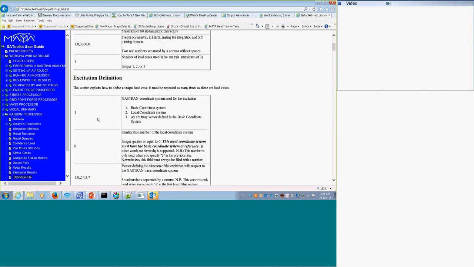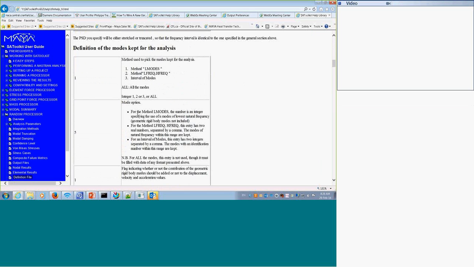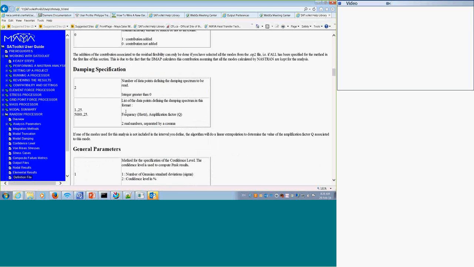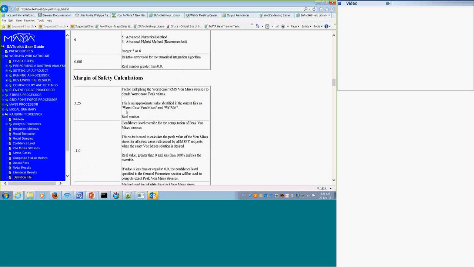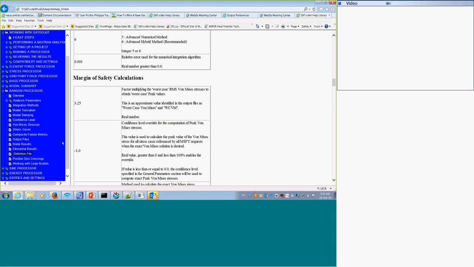Definition file: I'll be talking about that briefly, but this is a detailed description of the definition file. If you get advanced with SA Toolkit, you'll probably want to manually edit this definition file because it's faster in some cases.